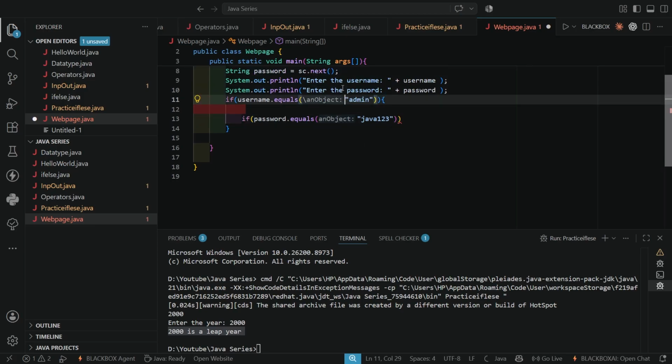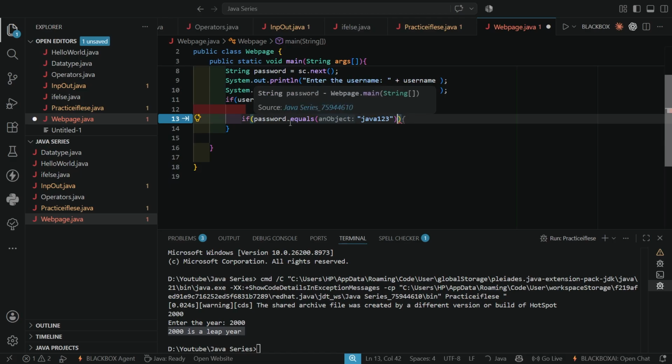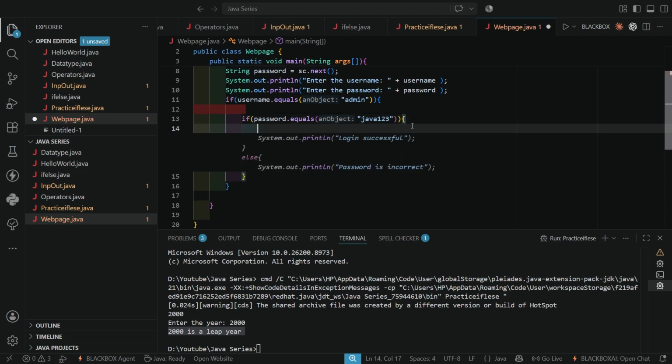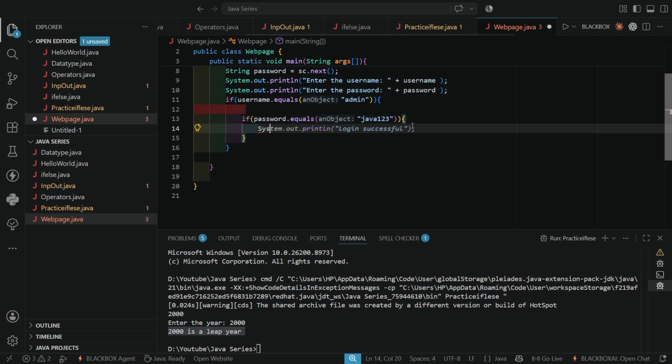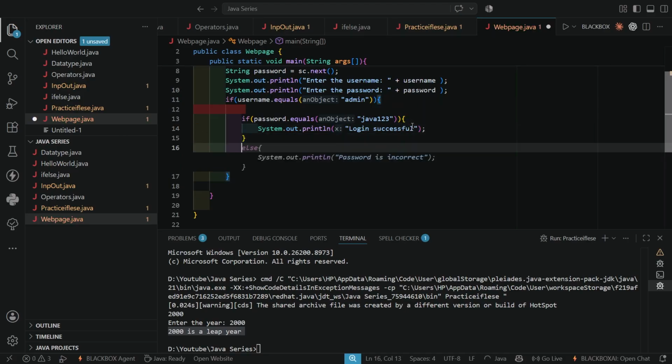So if username equals admin, then I'll move into the second case, that is, if password equals the password I have entered, then it would print login successful, right?